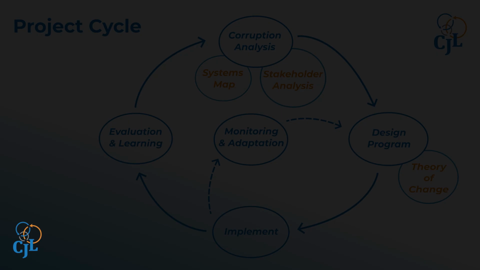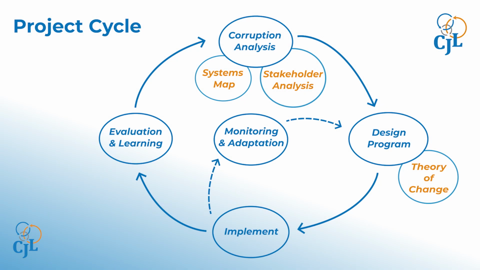In order to take the endemic nature of corruption into account, we have to understand how it's functioning within a particular environment. From there, we can design better anti-corruption programs that deliver results that matter in the place where they're implemented. Let's use the project cycle as our starting point. The project cycle lays out the typical phases that a project goes through, starting with analysis, which then feeds program design, and so on. Doing a sound corruption analysis sets us up to develop far better theories of change in our program design stage.